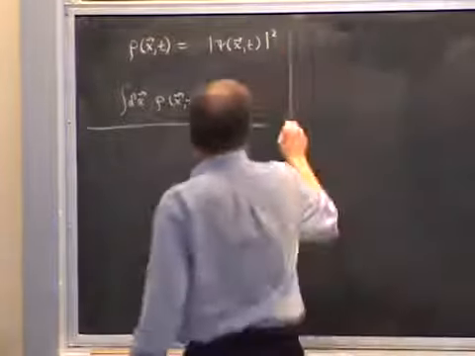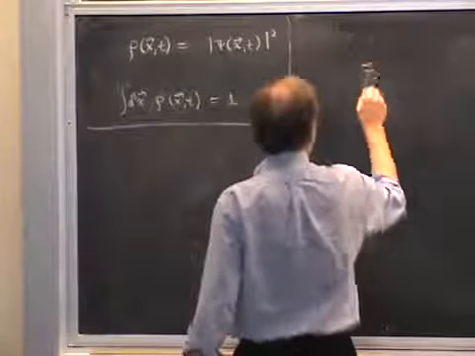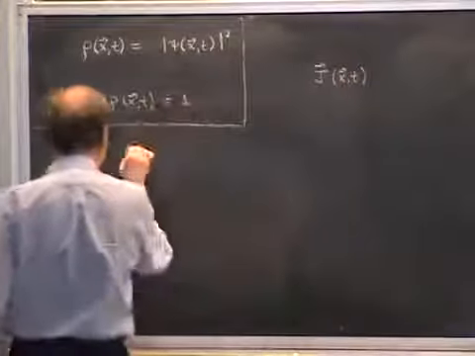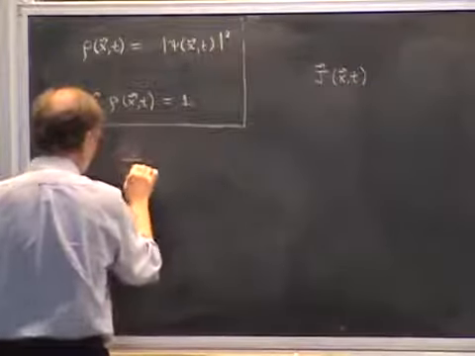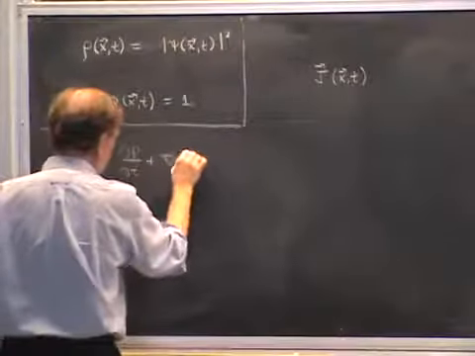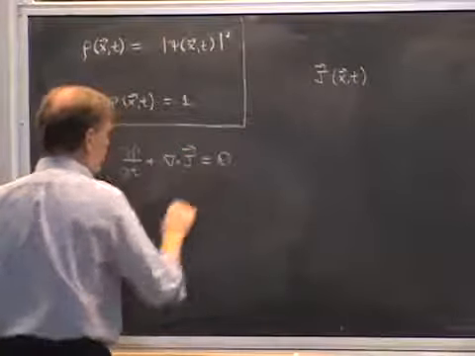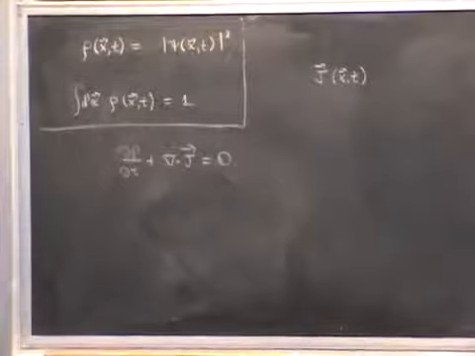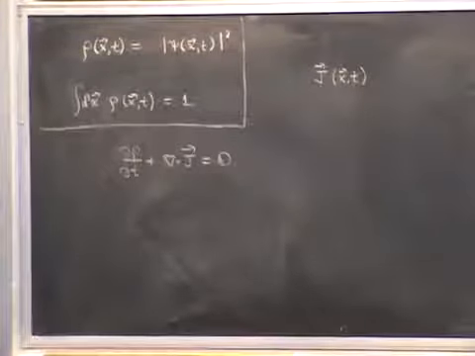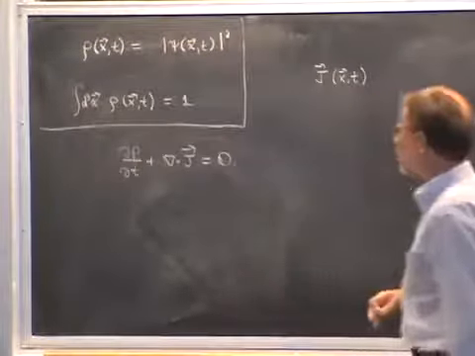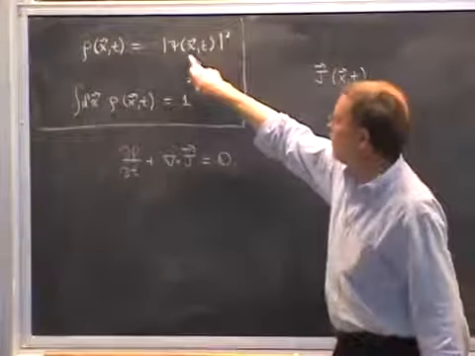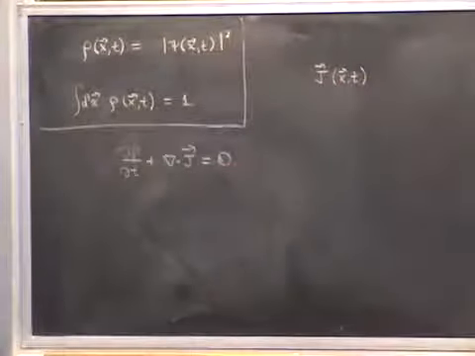And that means that there's a current that's associated with it. It's a function of position and time. And then taken together, they satisfy a continuity equation, which is a statement of not only the continuous manner in which the quantity moves around, but also the total conservation. And so the question is, what is the current? Is there a current? What is it for the case of the Schrodinger equation?